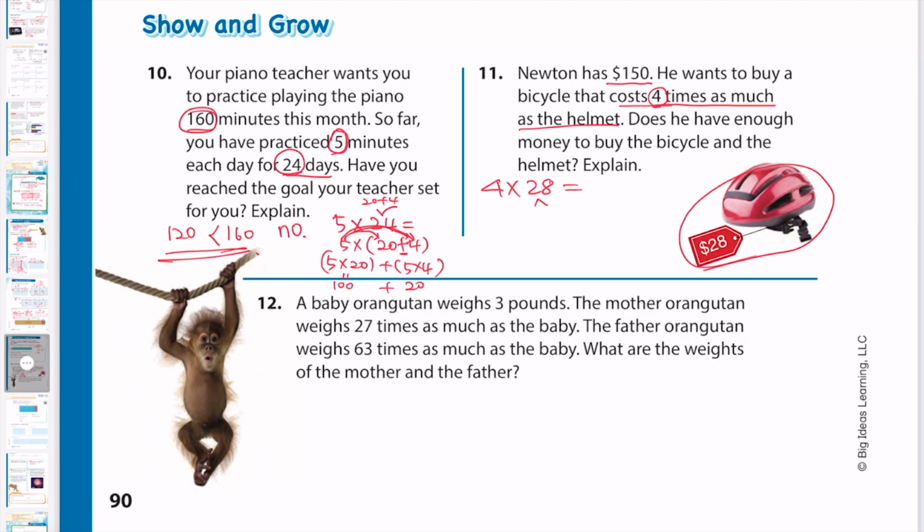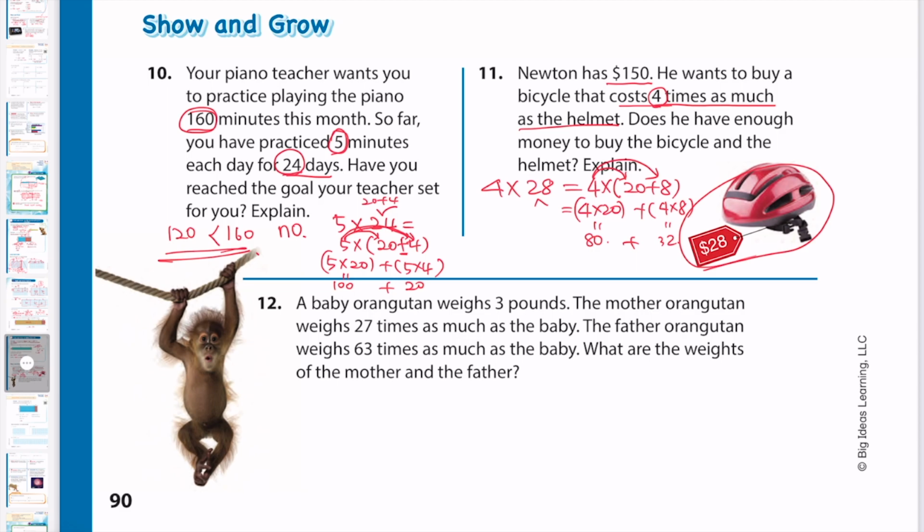28 is what? I'm going to split them into 20 and 8. So 4 times, parentheses, 20 plus 8. And what is our next step? Distributive property. Yes, correct. Which is what? 4 times 20 plus 4 times 8. What is 4 times 20? 80. And what is 4 times 8? Yes, 32. And then when you add them together,